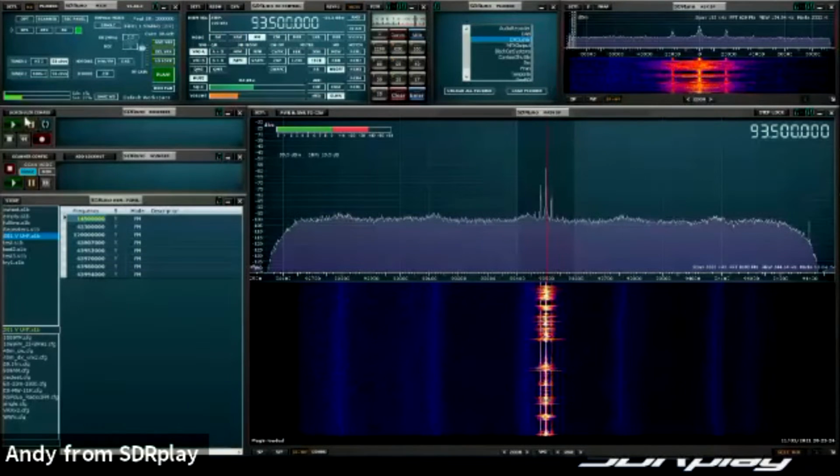Then built into Uno, we have an IQ recorder, so you can record the entire input spectrum and then play that back and analyze it as if it was live. So you can record a whole chunk of spectrum. Let's say there's lots going on in a particular band, and you record, say, 20, 30 minutes of that entire band. You can then play that back and click on the frequencies that you weren't quick enough to get to the first time, and you can rewind it and go forwards, and you can listen to all of those different stations